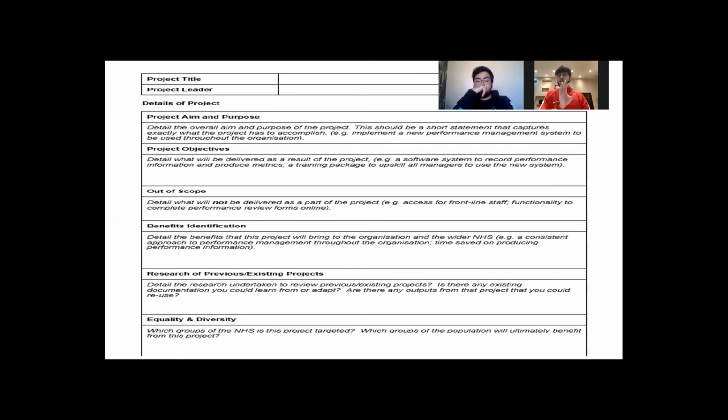But here I will show you the example in general to understand it. For example, the project objective details what will be delivered as a result of the project, for example a software system to record the performance. And out of scope, as I told you before, details what will not be delivered as a part of the project. And